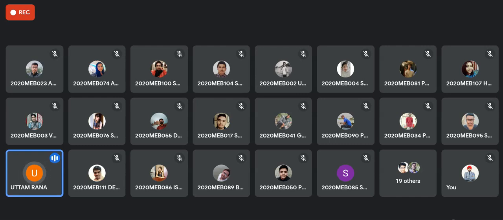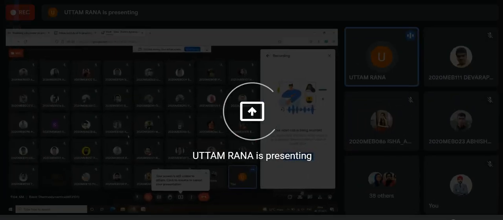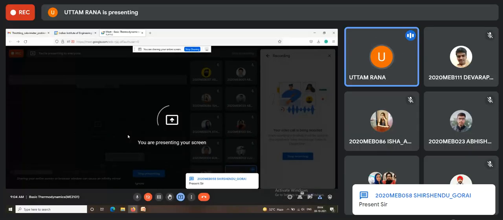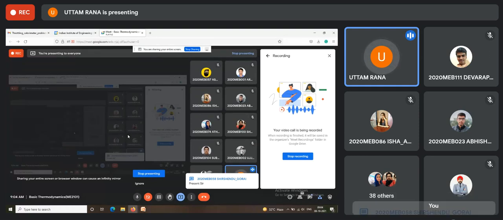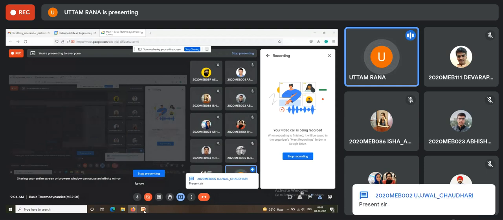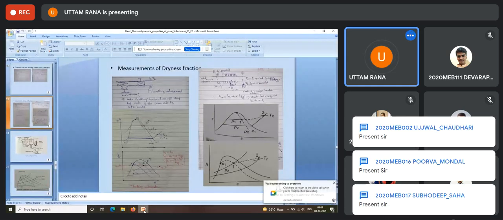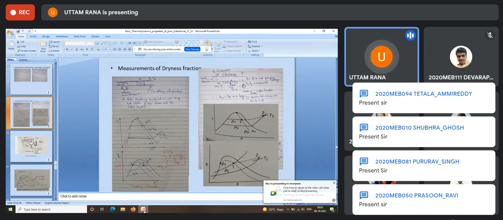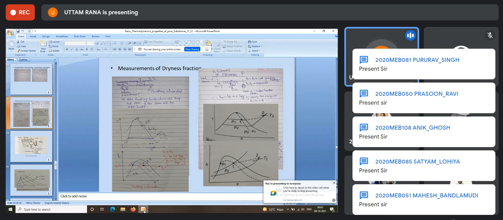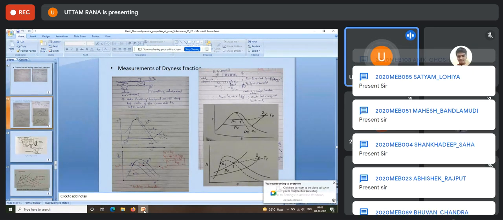Calorimeter, a device which is used for measuring the quality of steam. So the basic idea is that a wet steam, through a throttling process, is brought to a superheated state, and in that superheated state the pressure and temperature of the steam are measured. Because throttling is a constant enthalpy process, the enthalpy after the throttling is obtained using thermodynamic tables, because both temperature and pressure are known.